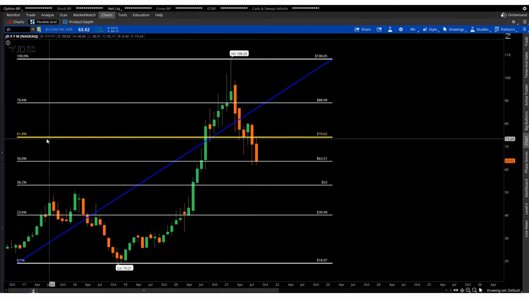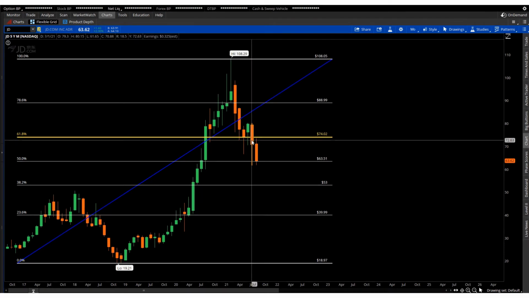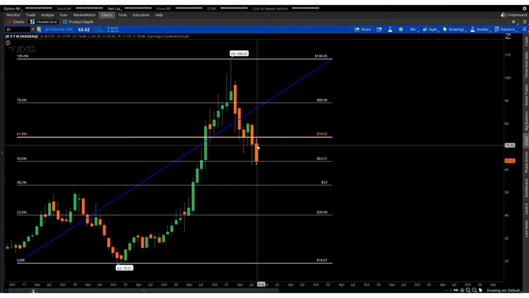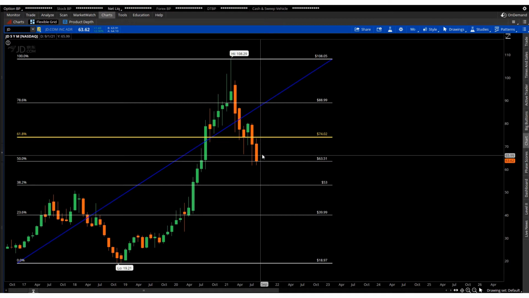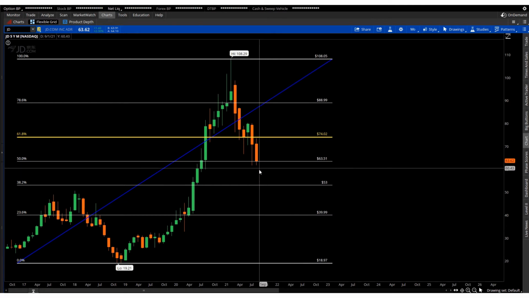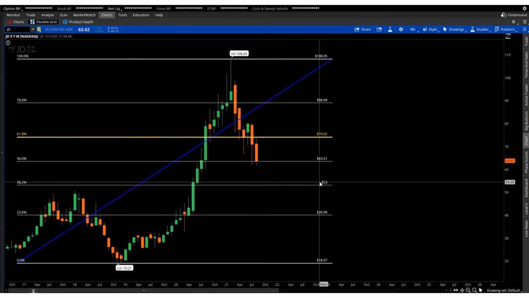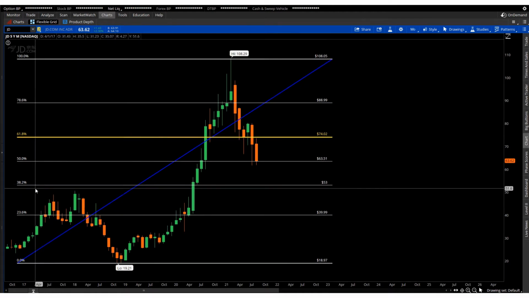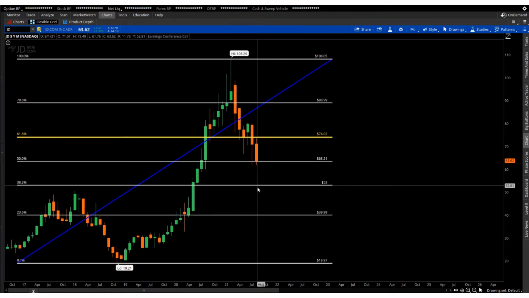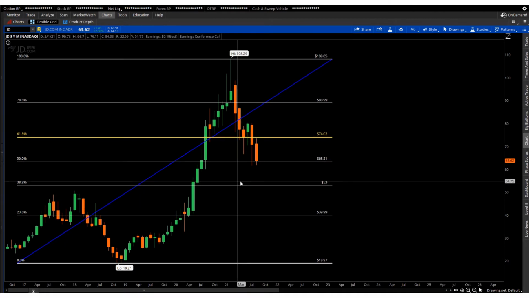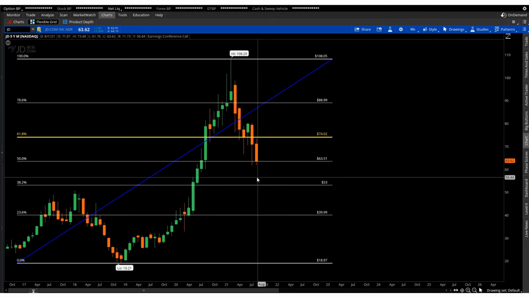Price did fall below the 61%, which is commonly known as the golden ratio in the Fibonacci sequence. So price did fall through in July and continued further down in August. So that's why I'm anticipating further downside. I don't believe the 63 is going to be strong enough to hold it. I think going into September and October, price is going to keep coming down and touch the $53 or the 38% retracement. So based on this thesis, that's why I'm considering buying a put.